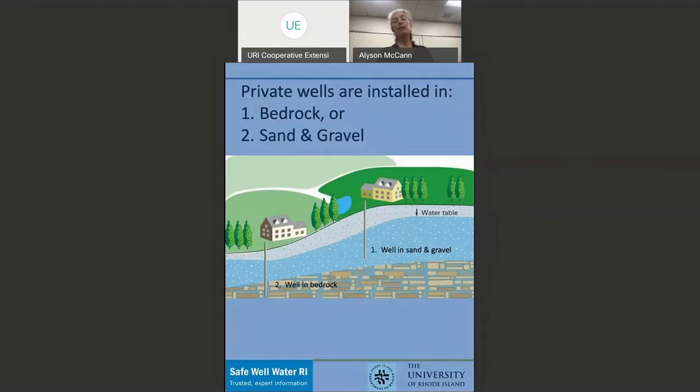And that's simply because the sand and gravel sits atop of our bedrock deposits. The water table is labeled in this slide, and what that simply means is that the water table is the boundary of the saturated zone, or the groundwater resource below, and the unsaturated zone above it, that's within the soil. So the water table is simply that boundary marker between the groundwater resource and then, if you will, the non-groundwater